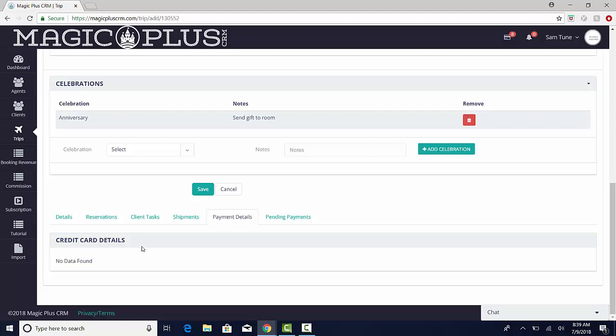On this page, in the Credit Card Details section, you will be prompted to enter a username and password in order to access the credit card information to remain PCI compliant. Additionally, you will only be able to access the credit card information a limited amount of times each day. To find out what your limit is or to request a change to that limit, you will need to contact